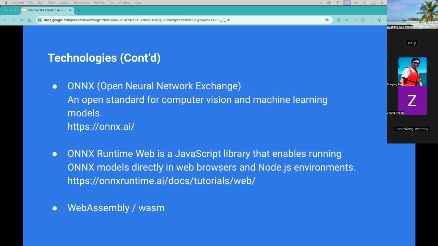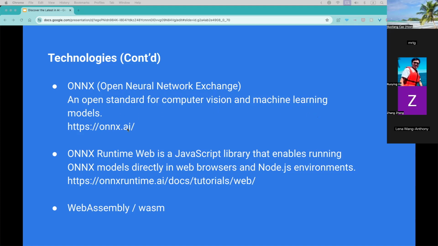In order to run the YOLO model inside the browser, you need an inference engine. What I used is an engine called ONNX Runtime Web. ONNX is Open Neural Network Exchange, an open standard for computer vision and machine learning models.